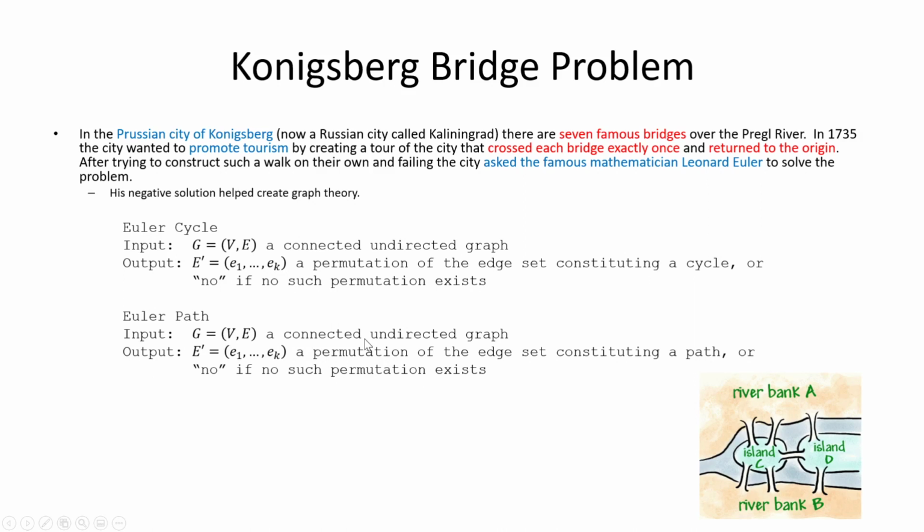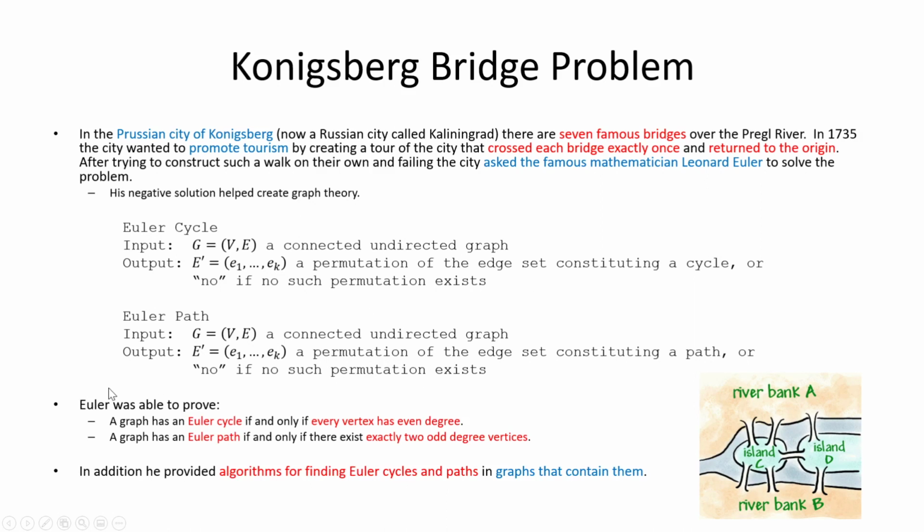Now, for the Euler path, the only difference is that we've changed the definition from cycle to path. That means you don't have to start and end at the same location. So you can imagine after Euler came back and said no, there's no such possibility, maybe they would come back and say, well, what about a path then? What about if we don't have to start and end at the same location? Well, we were still getting stuck earlier when we were trying it. And it turns out that Euler came back